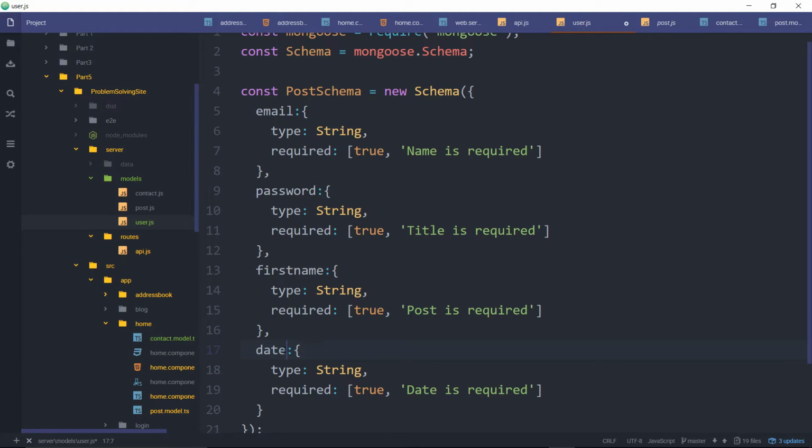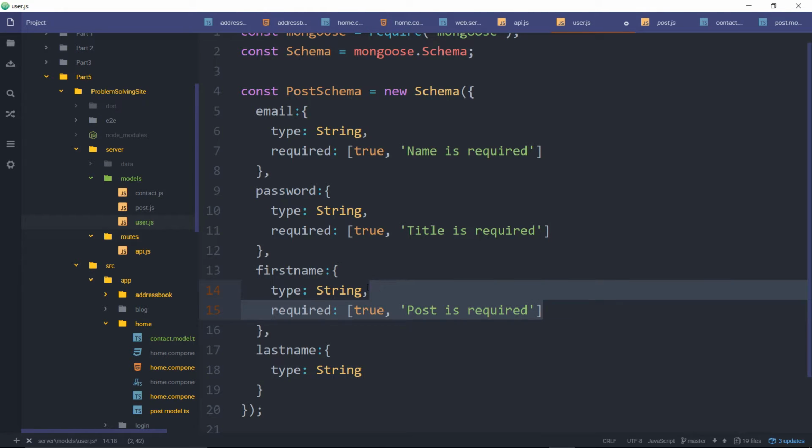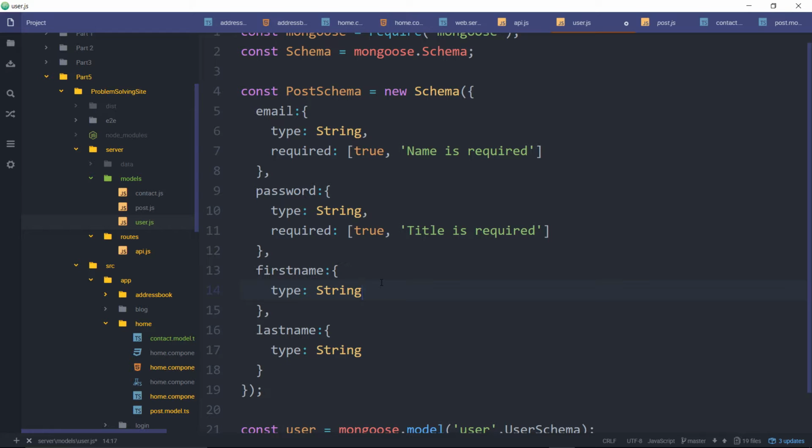So it's very similar to our contact, and we're not really going to require these, but they are going to be strings, so we'll keep that. And then this one's going to be true, password is required. It's going to be a string, but we're going to change it from a string that they send to us to